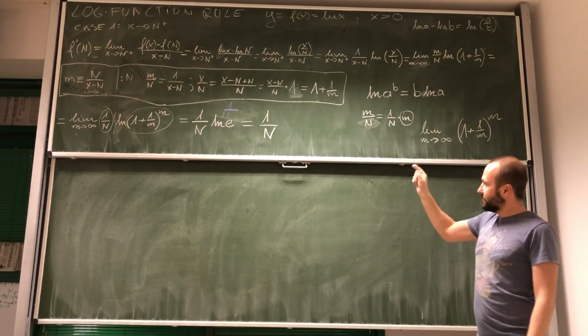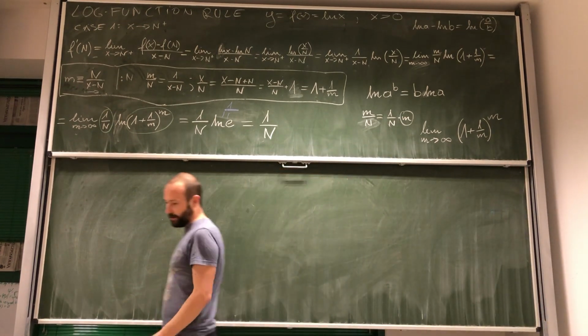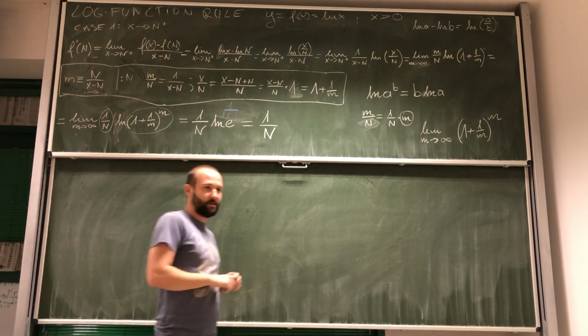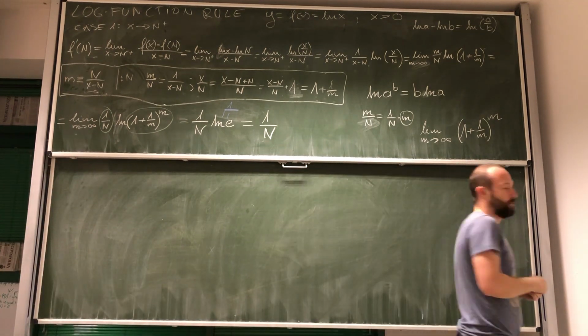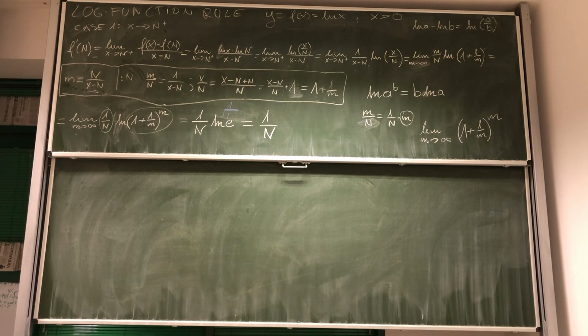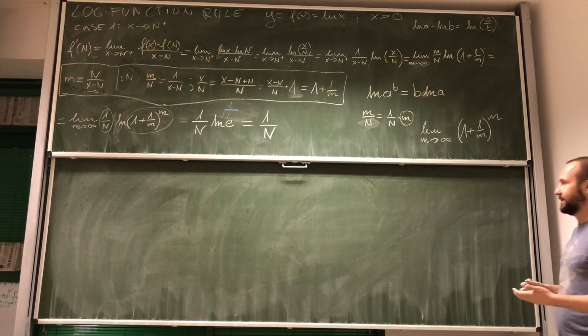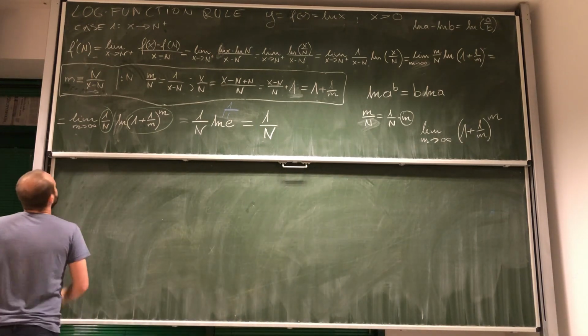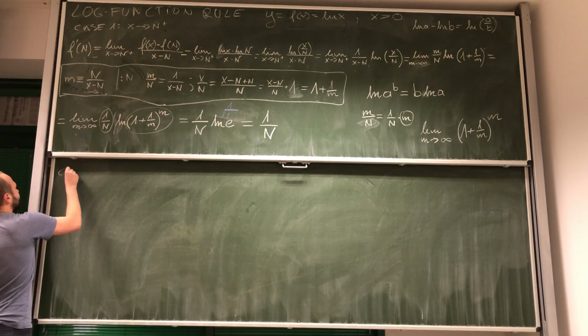Now, we've done half the work. And by half the work, of course, I mean here that we've calculated the right-hand side limit. But look, a limit exists if and only if the right-hand side limit and the left-hand side limit exist. So, what we need to do now is to consider the case